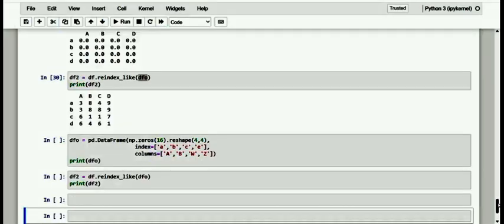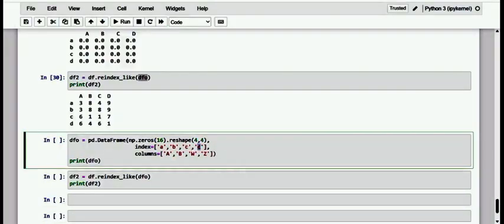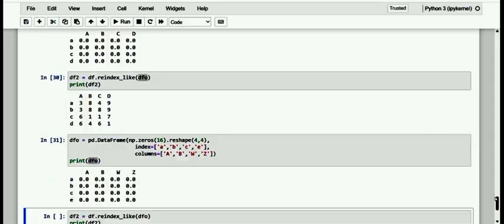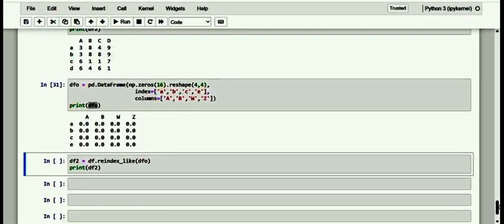See here, dear friends, we are going to include one index as E, and to the column W, which is not in the existing one. So that is the reference. Let us apply it.